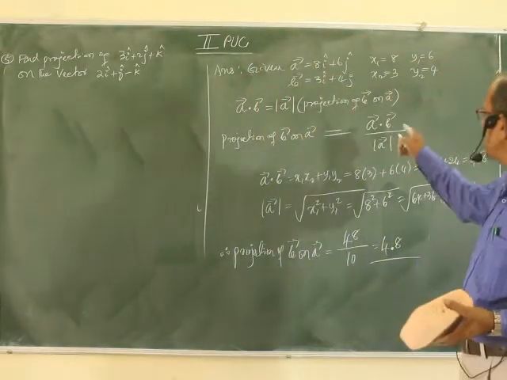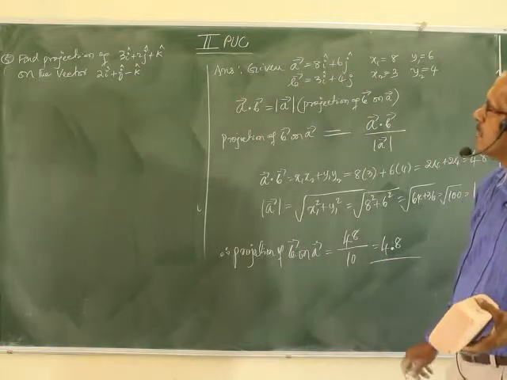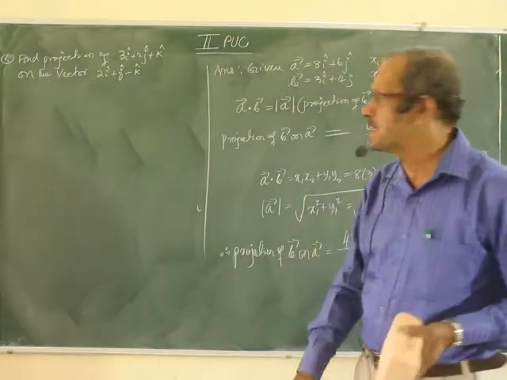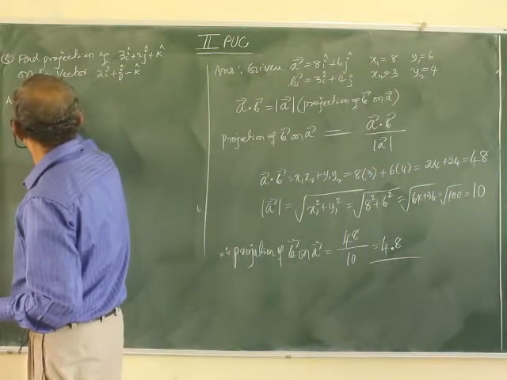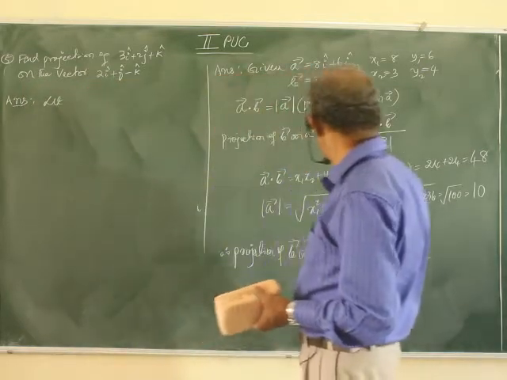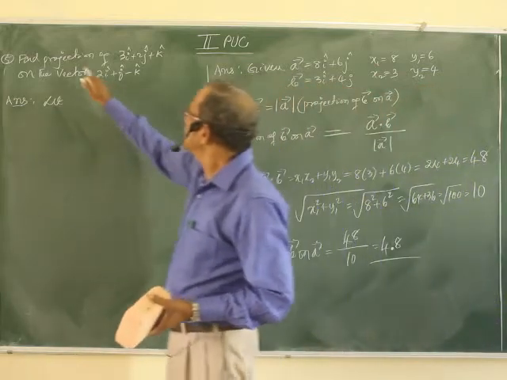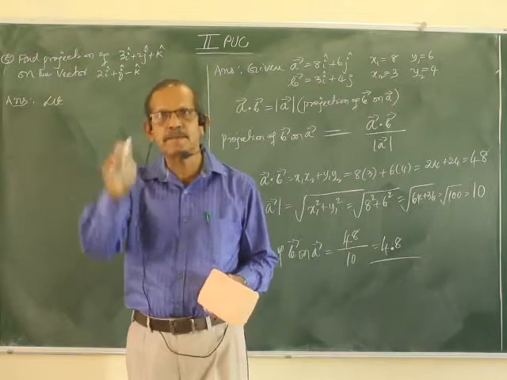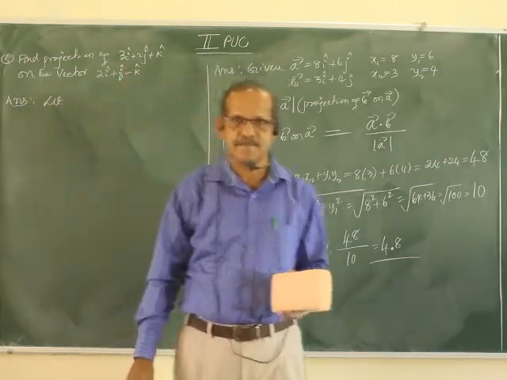Earlier it was 2-dimensional, it is easy. This is 3-dimensional. But what about A? What about B? I have not given them. You have to write them yourself. Answer. Which one is A? Projection of B on A. Here, we find the projection of this, which means it is B, on the vector, this is A, remember.